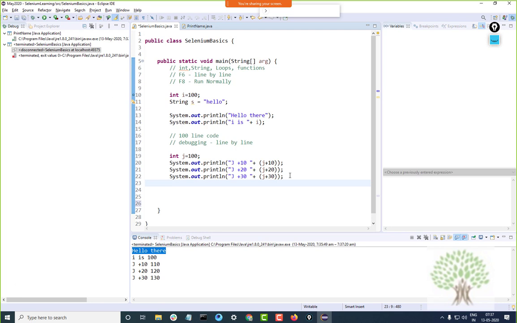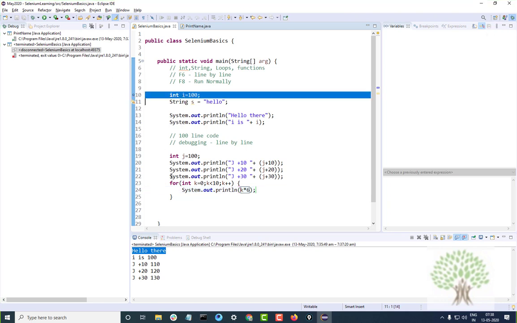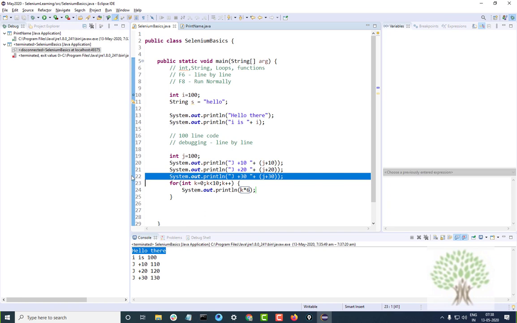If I write a for loop, say for int k equals 0, k less than 10, k plus plus, and I write k cross 6, and run it in debug mode, I'll put one breakpoint on this line and the other breakpoint on the 22nd line.